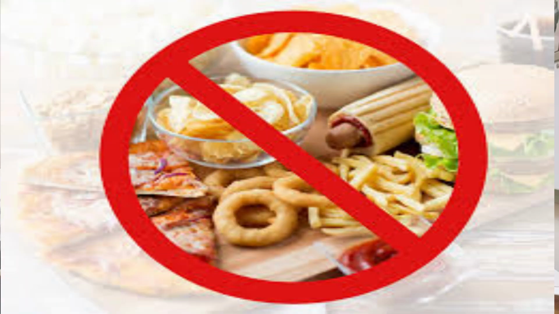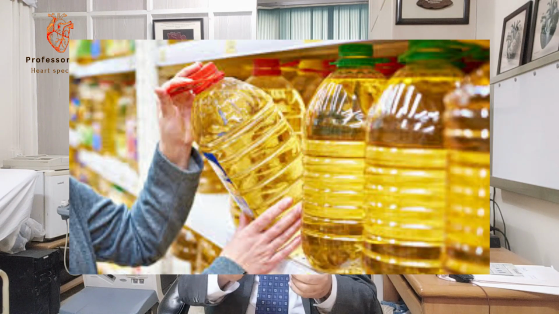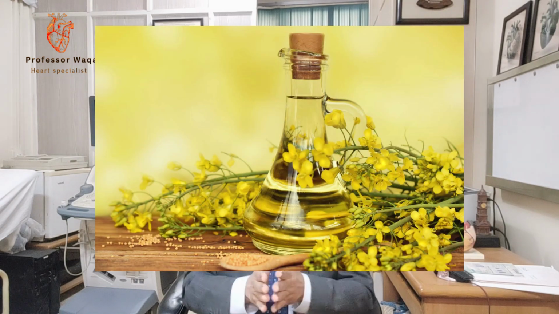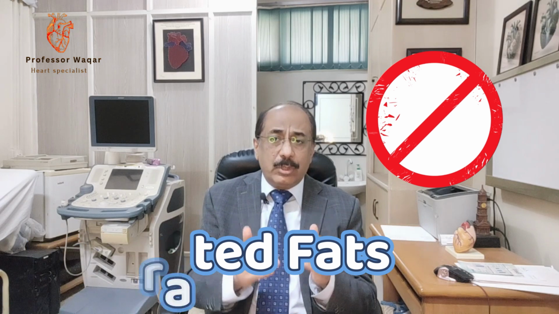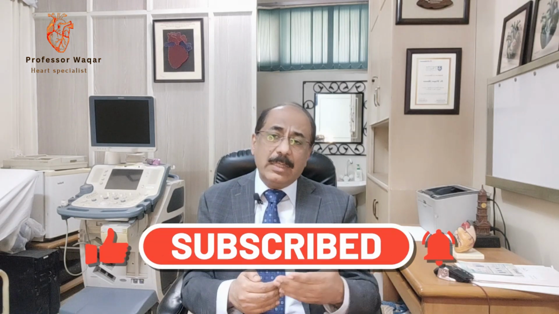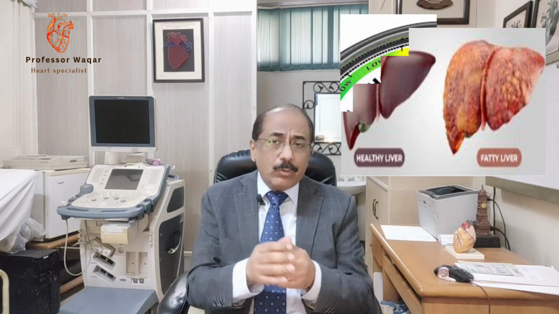You need to stop saturated fatty acids, which are present in different types of oils. So you should take only sunflower oil, corn oil, and olive oil, which are good. Canola can also be used, but most oils contain high contents of saturated fats, so you should avoid those. Just go to the grocery shop, and whenever you buy oils, read all the contents. In addition, ghee is also not good for fatty liver and cholesterol levels.